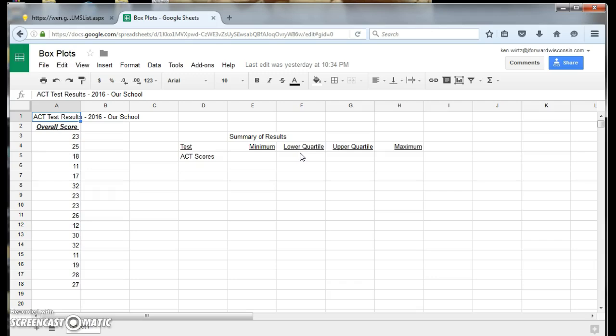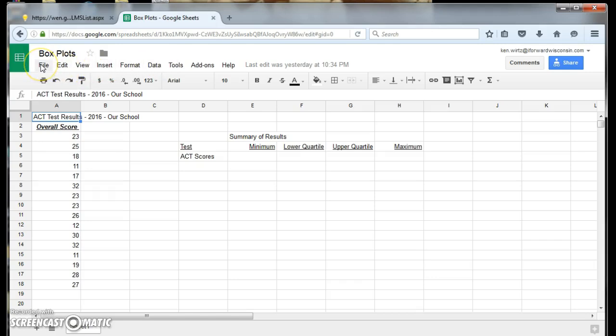The reason is that it is set up to share with you to view. That means you can look at it, but you can't change it. We're going to need to change things in here, so in order to work with this spreadsheet, you're going to have to make a copy for yourself. The way that we do that